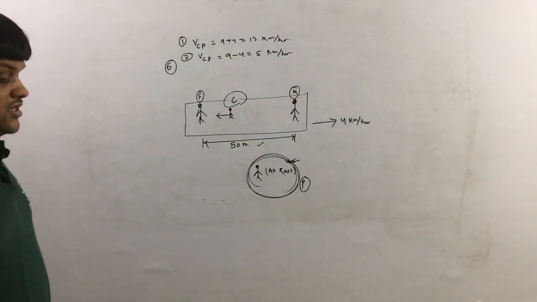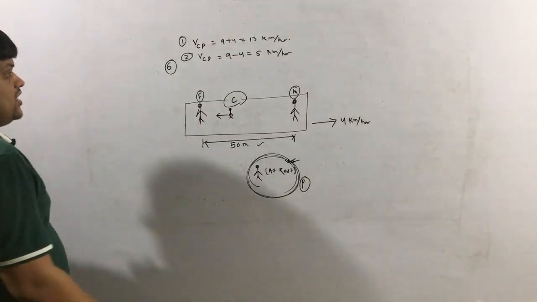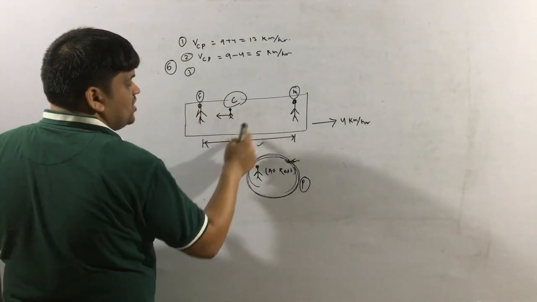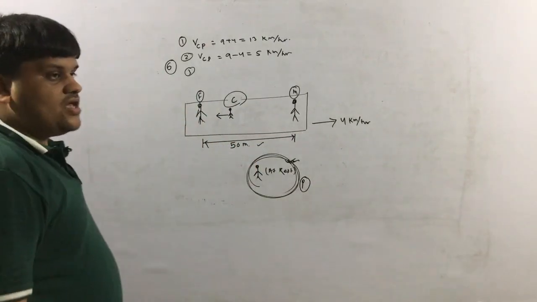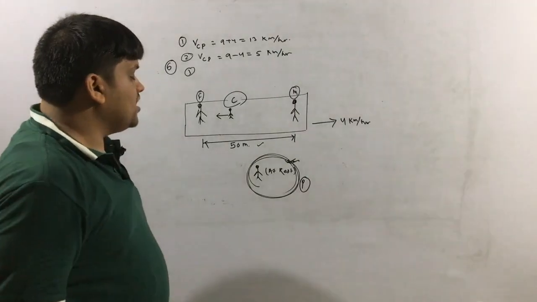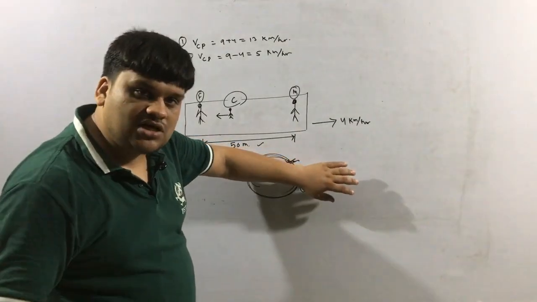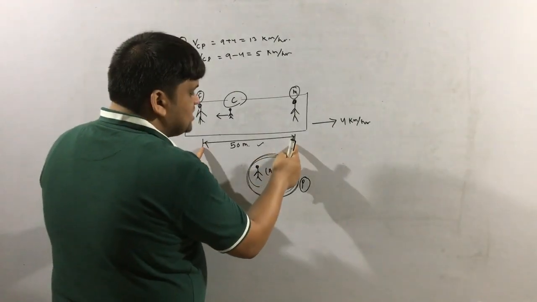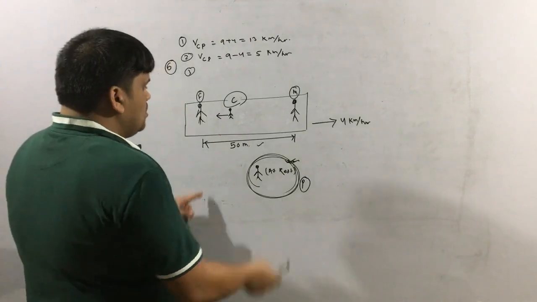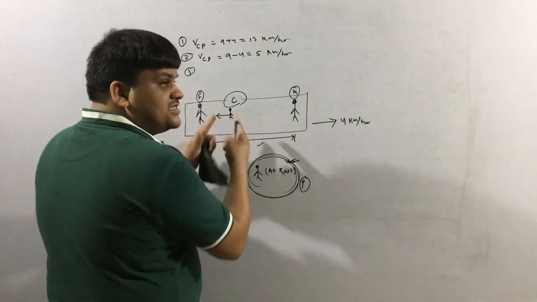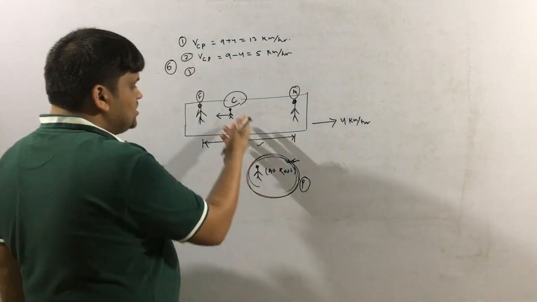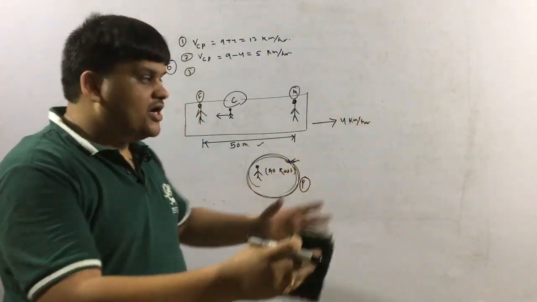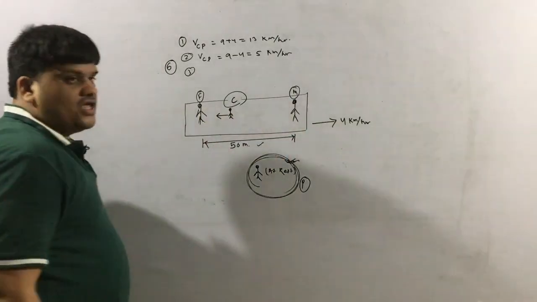And the third bit is the time taken by the child in A and B. What is the time taken for the child to come from here to here? Now see, when you are finding the time taken, you don't have to check this person outside, leave that person. For the time taken, is the distance between the persons changing? No. Is the speed of the child changing? No. Then obviously it is moving at constant speed. And what happened to the belt? The belt is moving by itself, and on the belt all 3 persons are there.